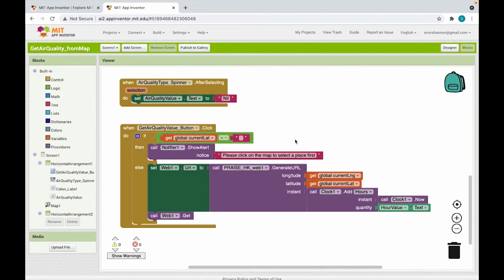What we do here is that when the Get Air Quality Value button is clicked, its click event handler will be